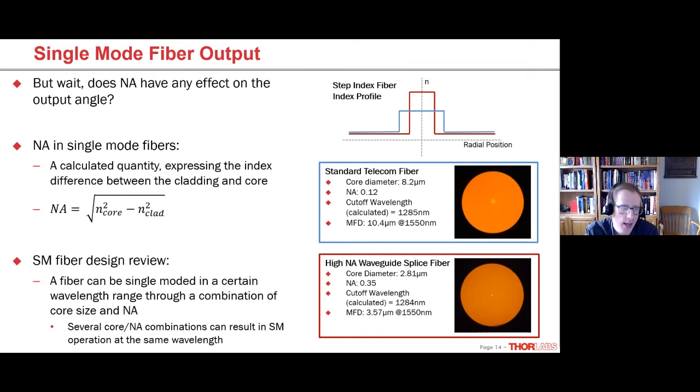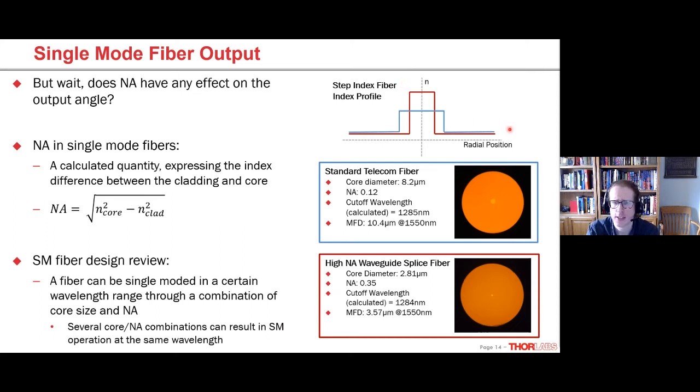I would add to that: a higher NA at the same single mode operating wavelength range. So same cutoff wavelength, same bend edge. A higher NA is going to mean a fiber with more divergence, and that's all because if you're using a higher NA, in other words, a higher index difference between the core and the cladding, then the fiber designers have had to make the fiber core small to maintain the same cutoff wavelength. If we just went to a higher NA, let's say we took this blue profile, we just made the core index a lot higher, so it's got a big core and a higher NA,